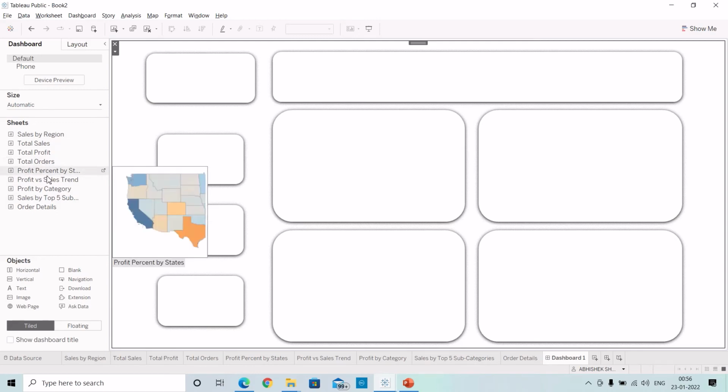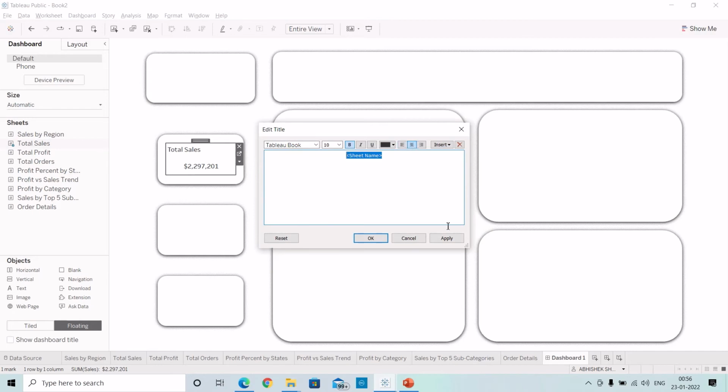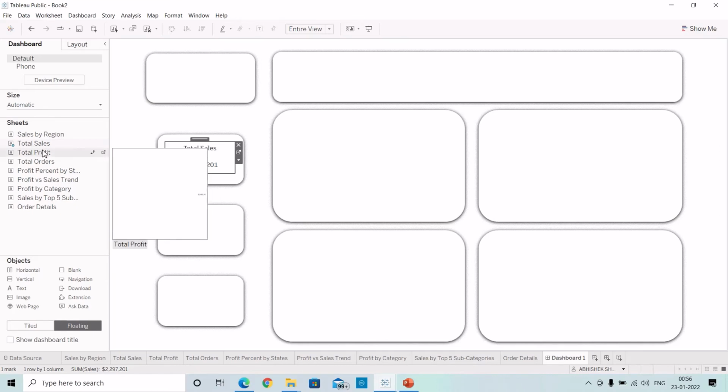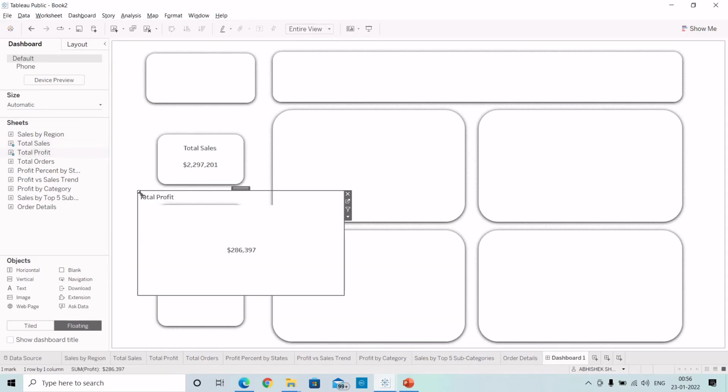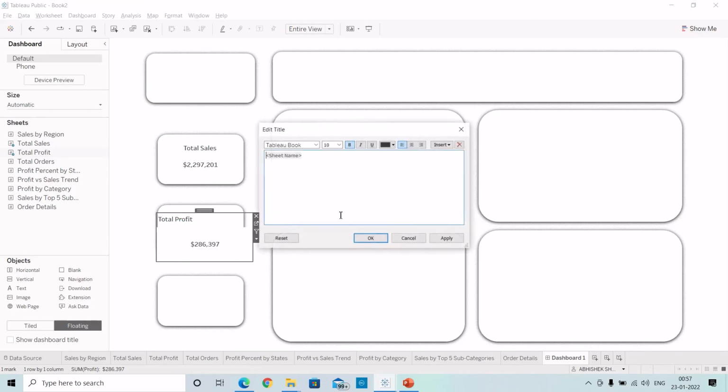So first of all, let's drop the total sales. Before that, make it floating from here. Now drag the total sales, make it smaller so that it can fit here easily. Edit title and make it center. Okay. Similarly, drag the total profit, make it small. Make sure this particular one is selected to floating. Right click on the edit title, make it center, apply, OK,